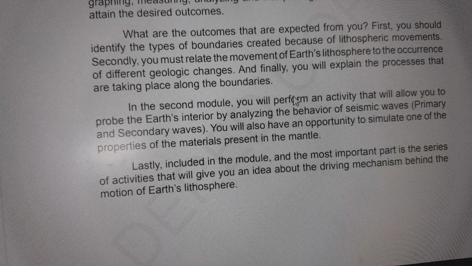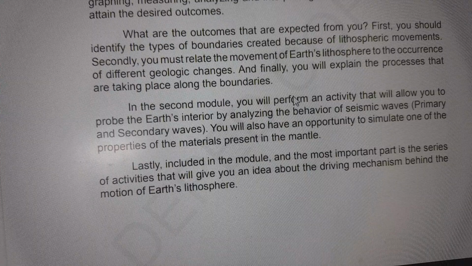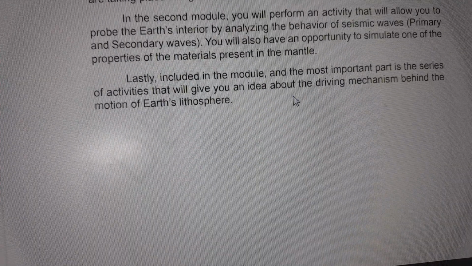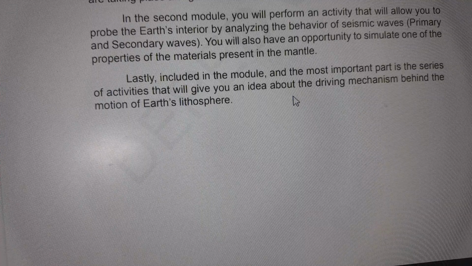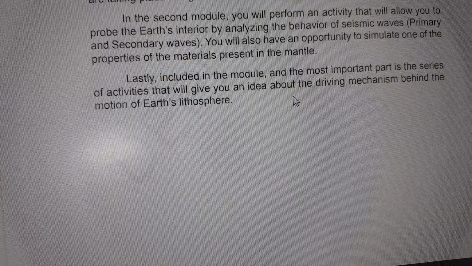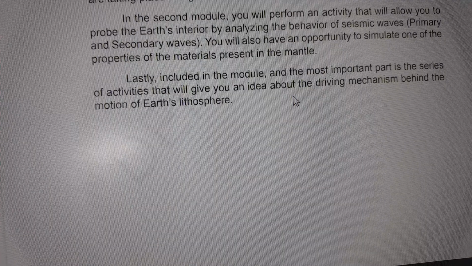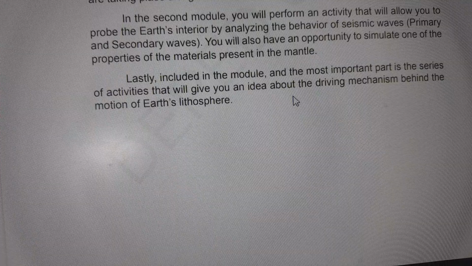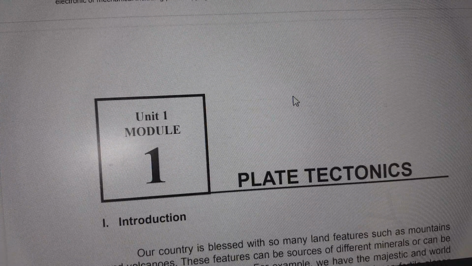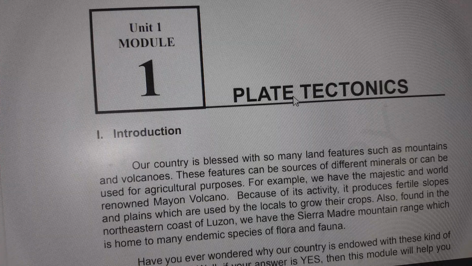But I'm sure that with your continuous reading and asking questions from your brothers and sisters, or even from me, or even googling or browsing it on the internet, you will understand the lesson. Just keep on studying. So the Unit 1 module is our plate tectonics